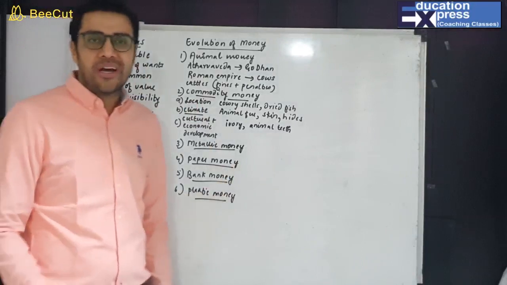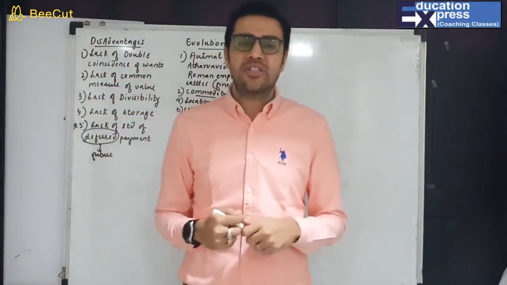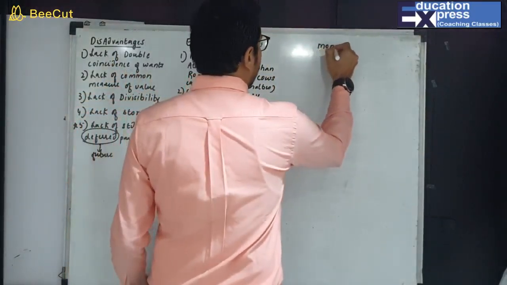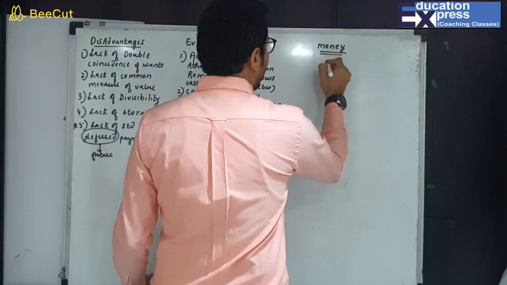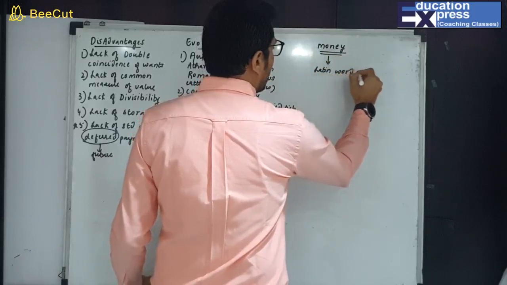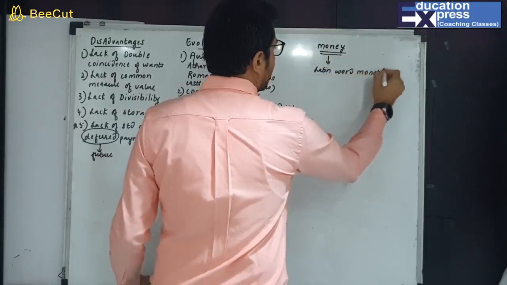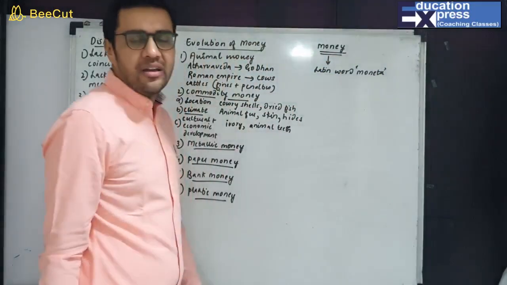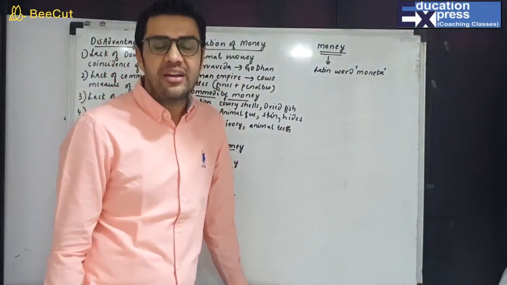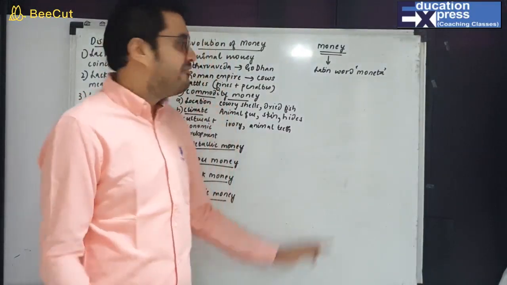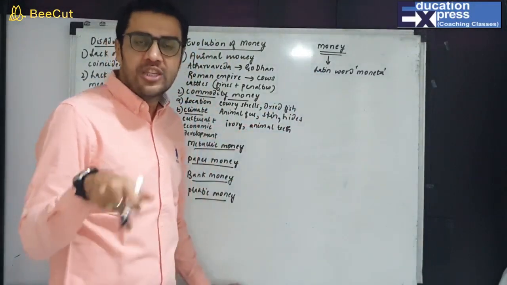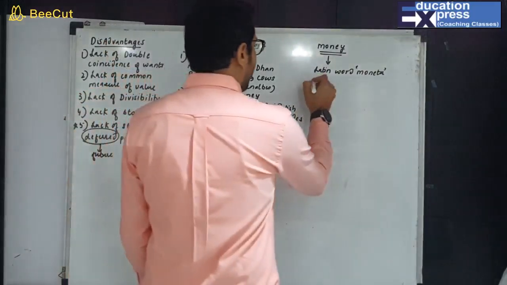Now we go on to: how was the word money derived? The word money is a Latin word. It is derived from the Latin word moneta, which was discovered in the temple of the Roman goddess Juno. This word was discovered there. So money is derived from the Latin word moneta, which was found at the temple of